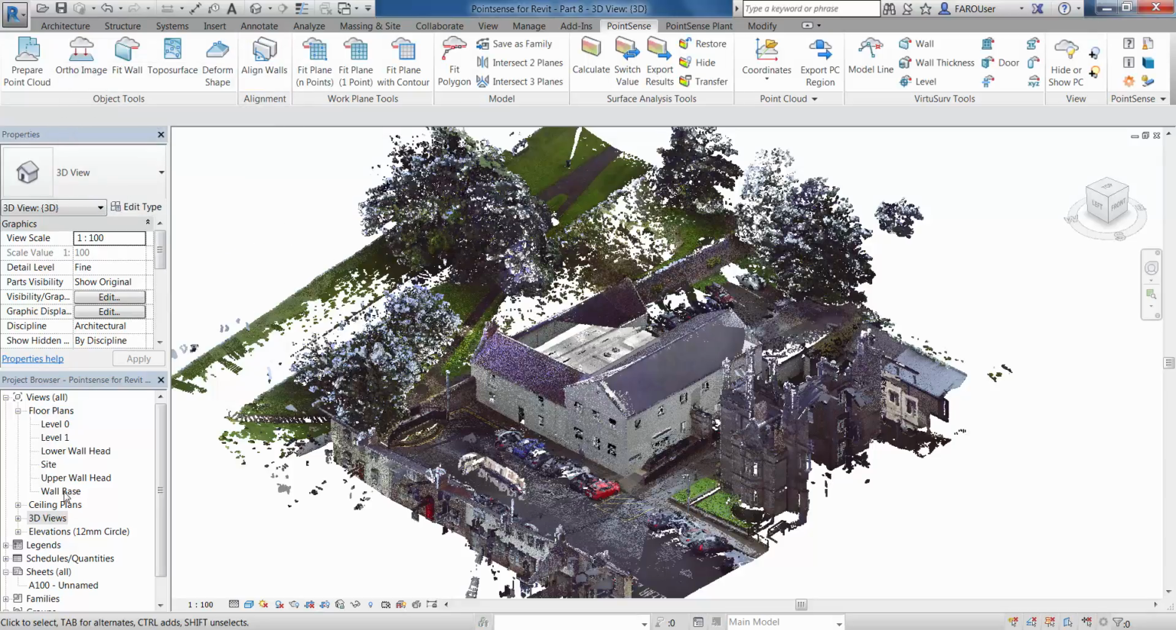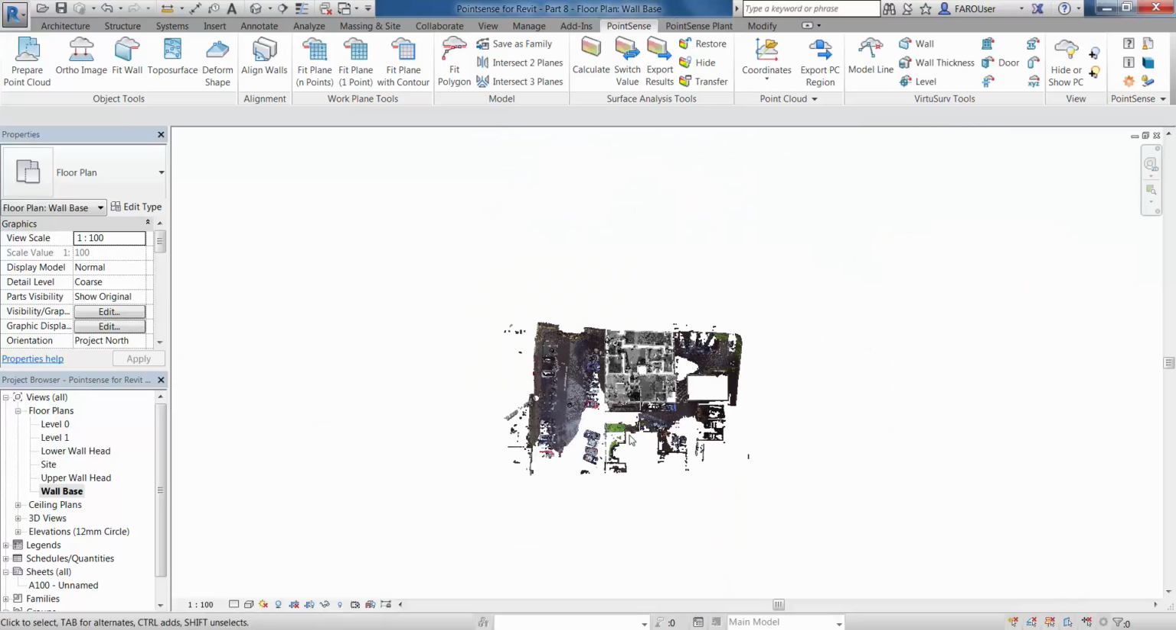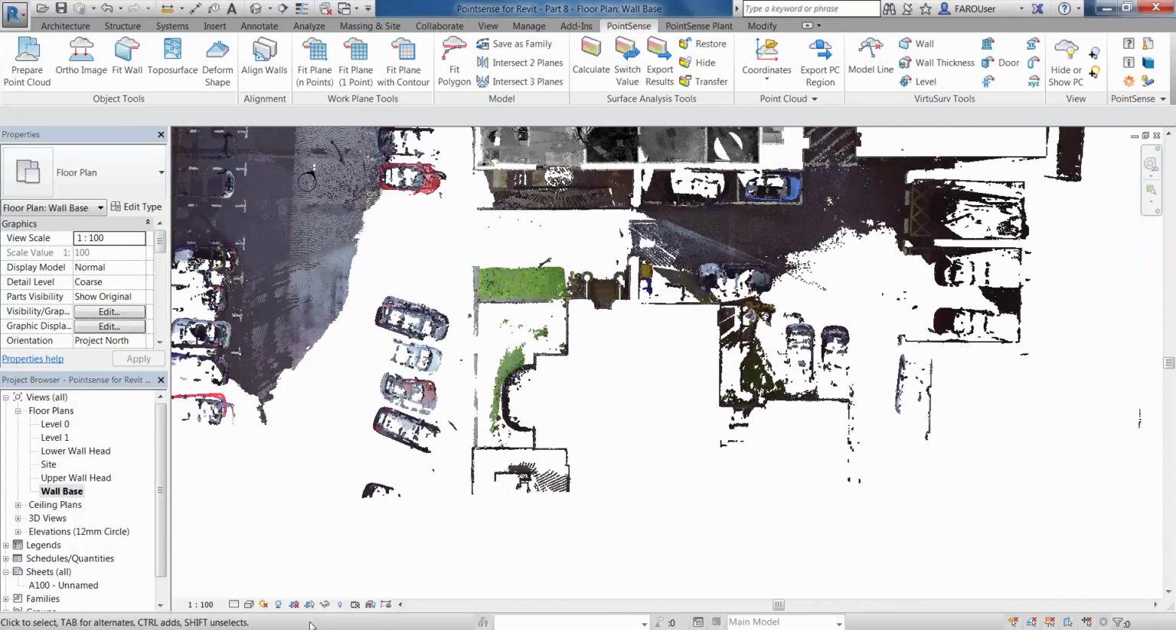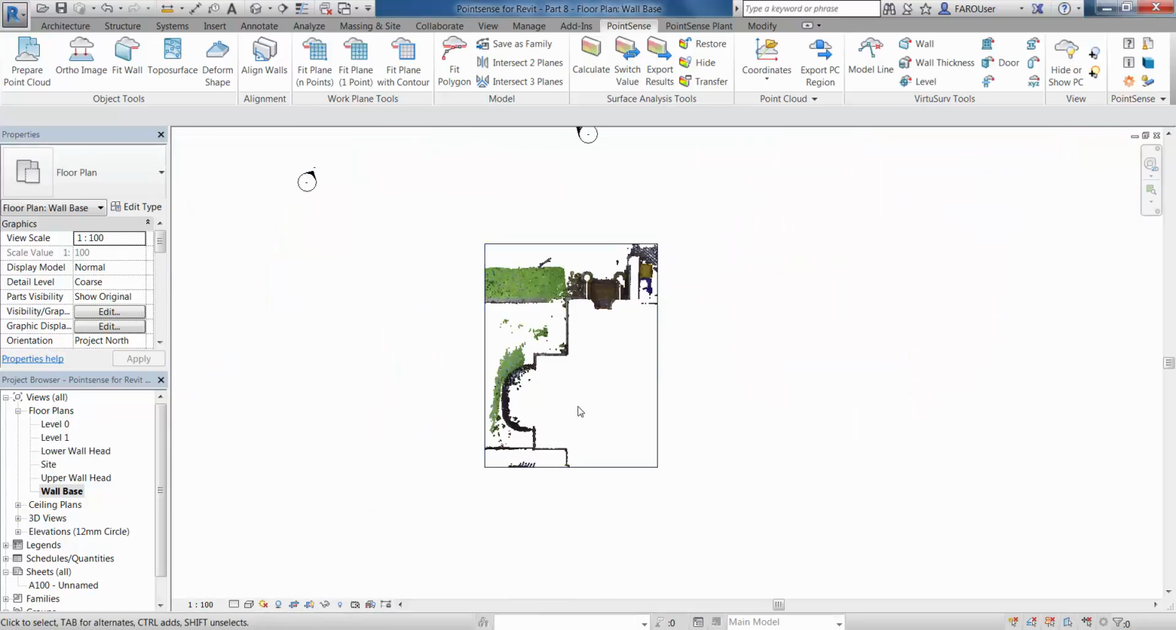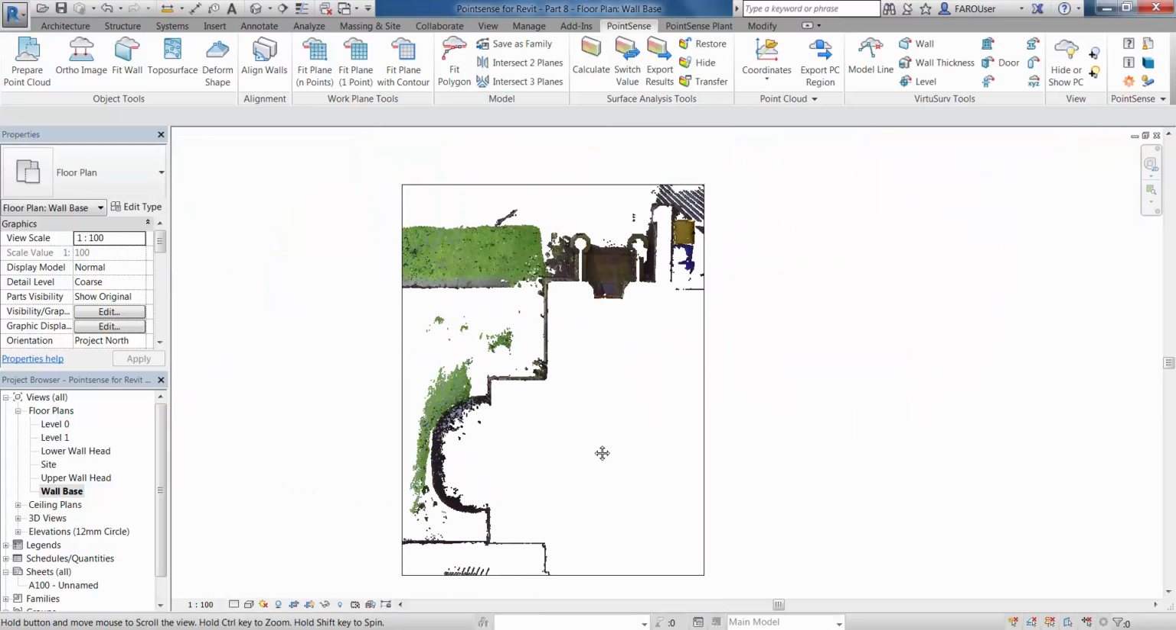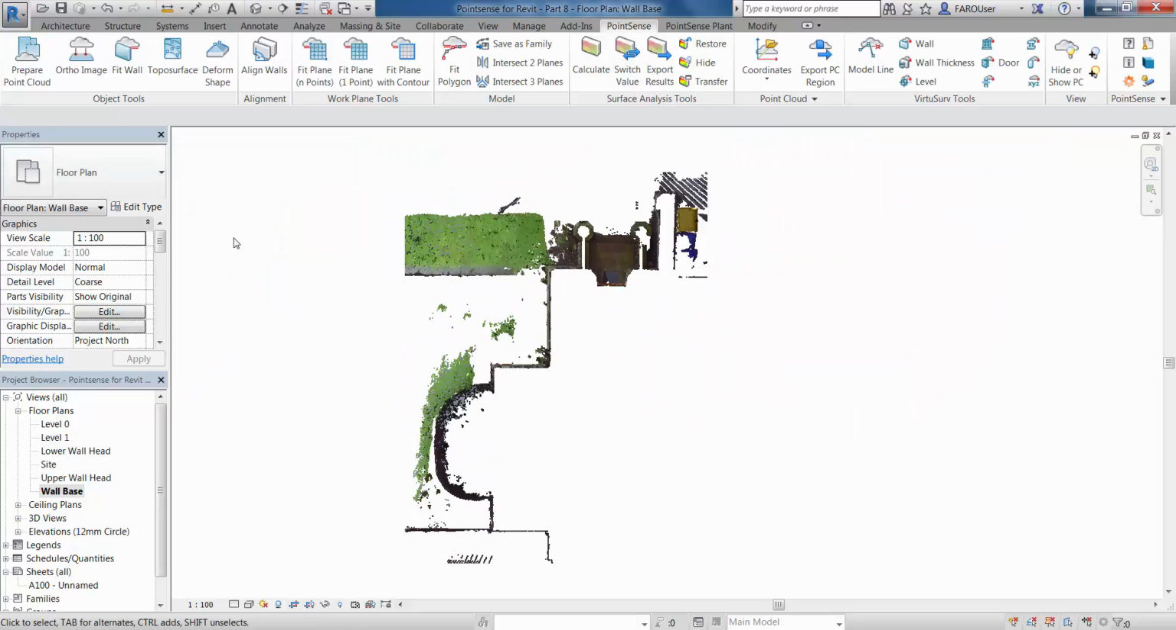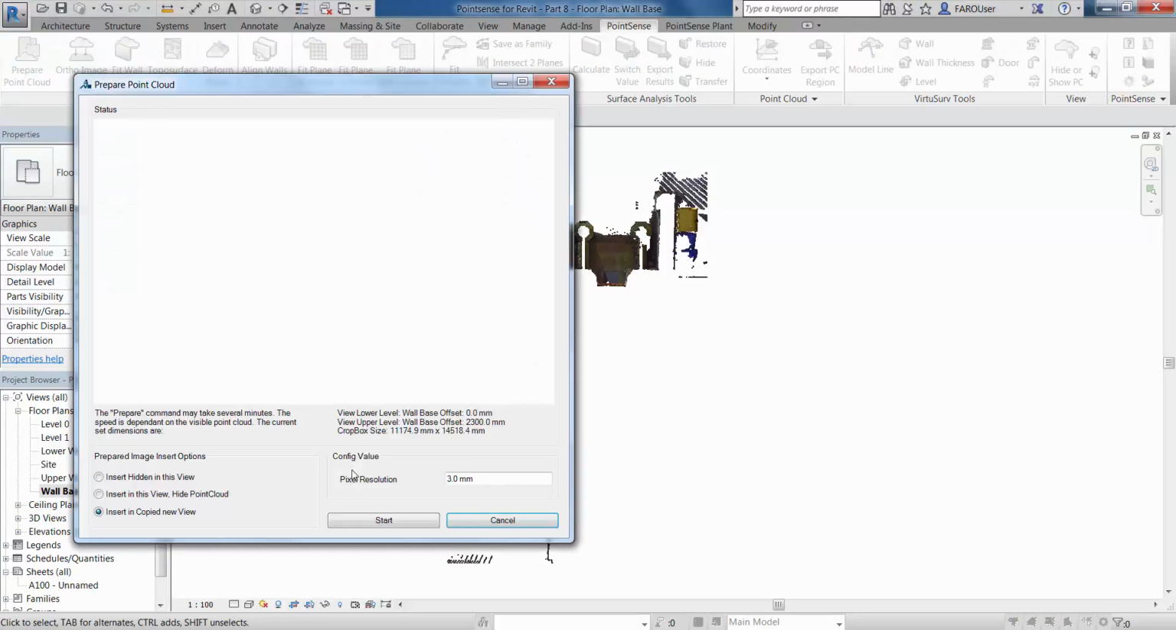I'm just going to go to the wall base level now, which I've created, and you can see we have this area of the site which has been scanned only from the outside. So I'm just going to crop that down so that we can use the Prepare Point Cloud tool on this area. And if we go to the Prepare Point Cloud tool, you will see in version 17 we